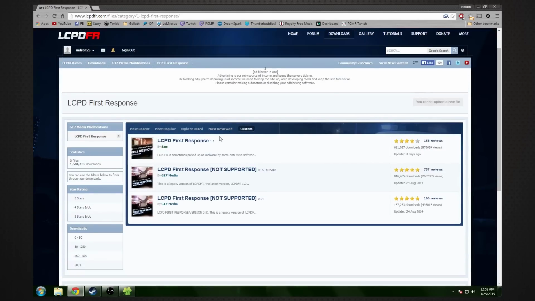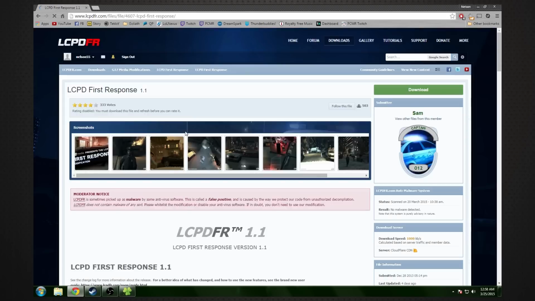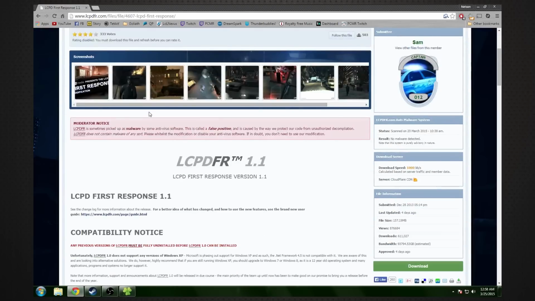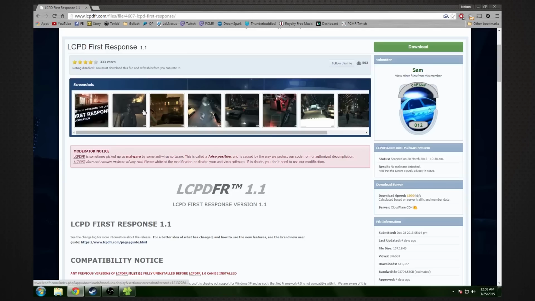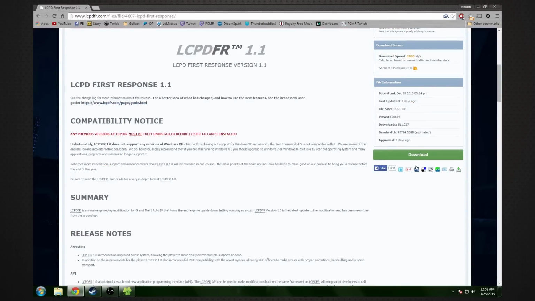You'll get a couple options here. There are the older versions. You want 1.1, which is the top one. Click on that, and it will take you to an information page. You can read about the mod itself, or you can go to the right side and click on the download button